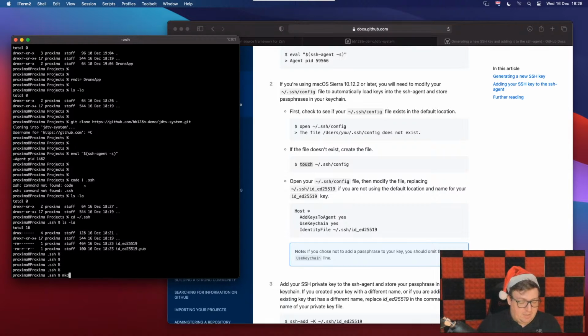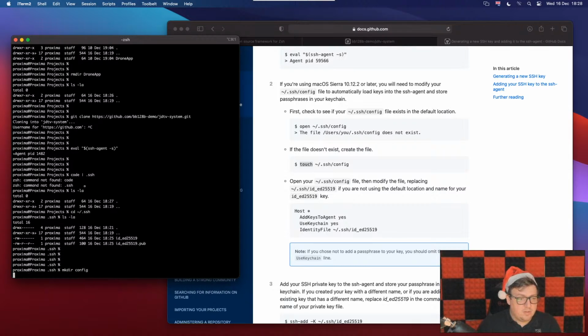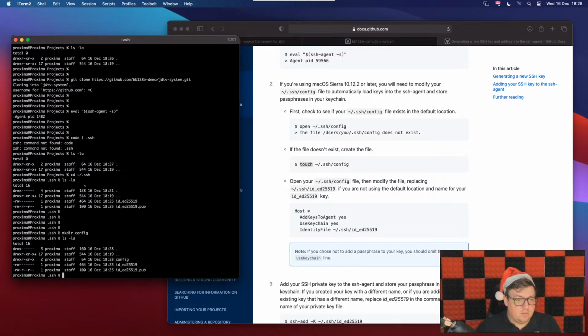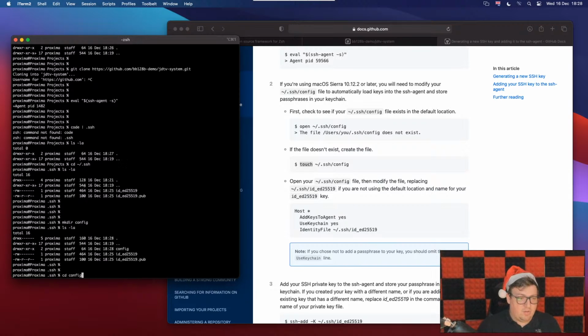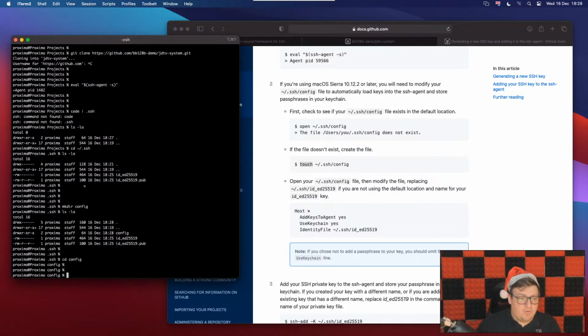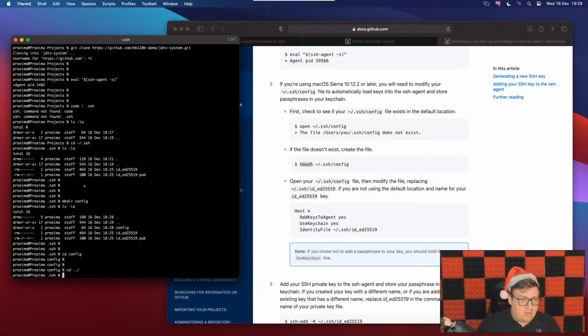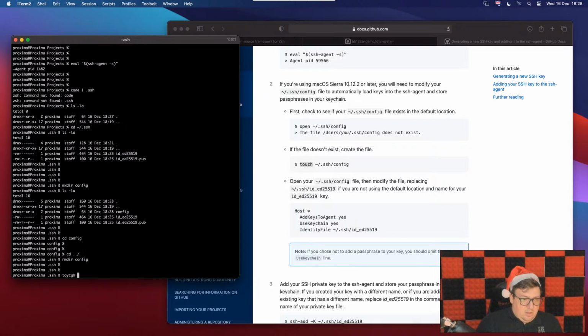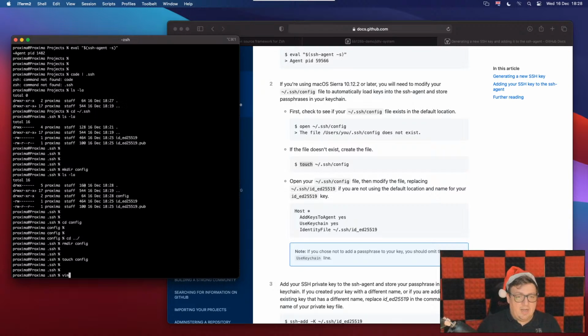Okay, so we need to make a config folder. CD into our config folder, and then we need to create our... Oh, sorry, no, config isn't a folder; it's a file. Just come out of that, remove it. It's because it didn't have an extension, so I thought it was a folder. So we're just going to make that, and then it's telling us to